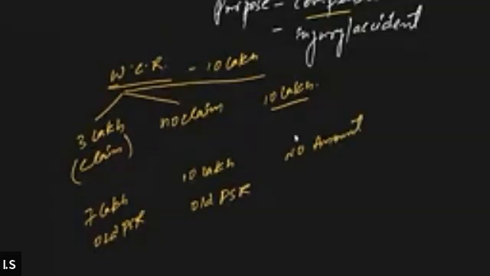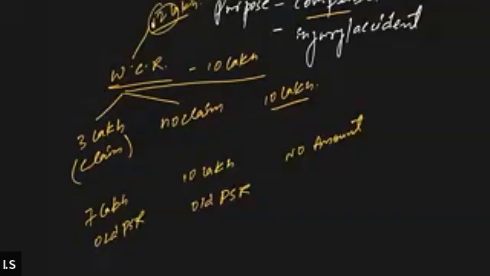And there may be a possibility that the compensation is actually for more than the amount of reserve made. So let's suppose the firm has made a reserve of rupees 10 lakh and the actual claim made by the employees is of rupees 12 lakh, then in such a situation, the additional amount being claimed will be contributed by all the partners in their old profit sharing ratio. Got it? So these are all the points we covered in the last session.